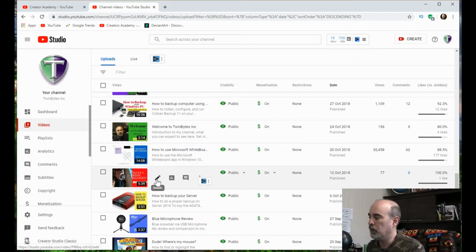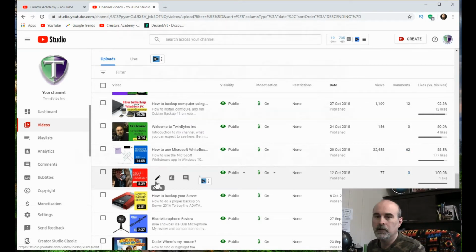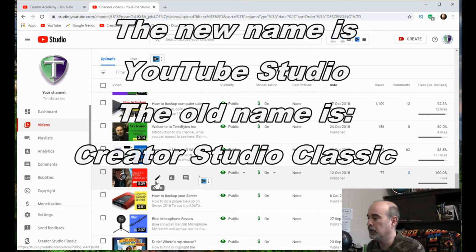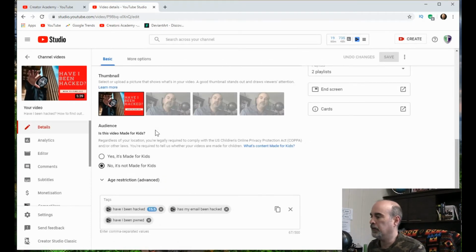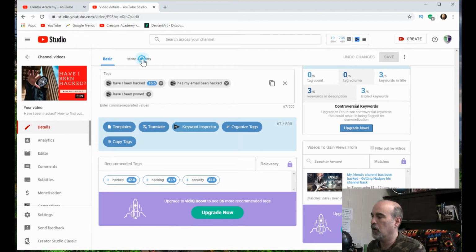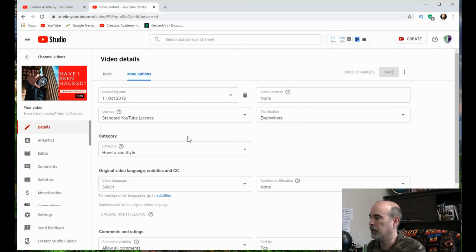So in this view of the new YouTube Studio, I gotta check the name. In the YouTube Studio here, we want to go to the details button here. And from here, click on more options. And then you'll see here, it's kind of jumped me down a bit already, but we got a few bits of information here.